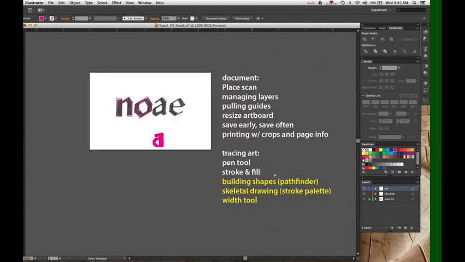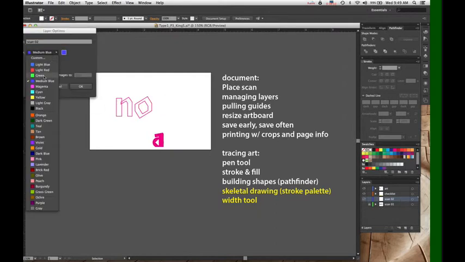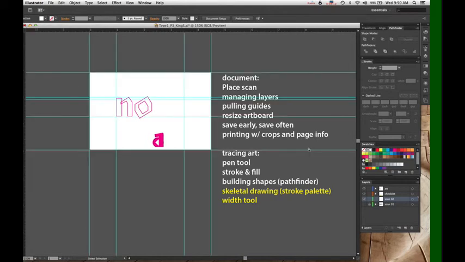All right, so that's building shapes with the Pathfinder. Check this off the list. Skeletal drawing. I am going to do something that you are not going to want to do, and that is bring in one of my other sketches. So I'm going to call this scan 02. I am going to hide that. I'm going to give this also a green color. Now, you are simply not going to do this because